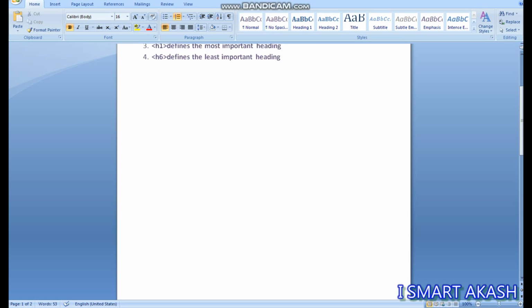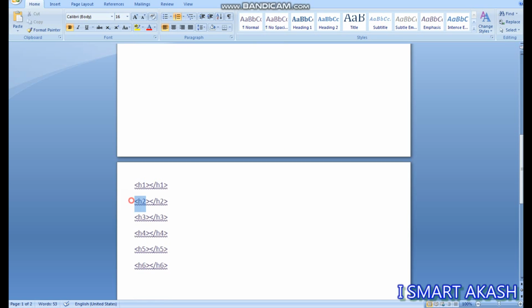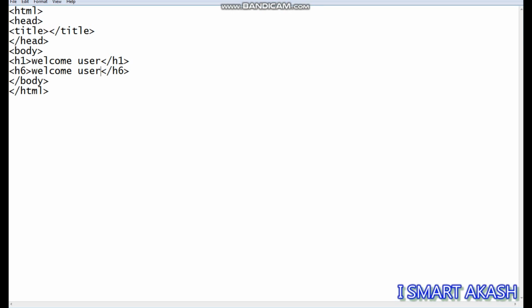Next, these are the remaining tags. Let's see this. I will write break tags for the space. Break tag, H2, welcome user, close tag H2.